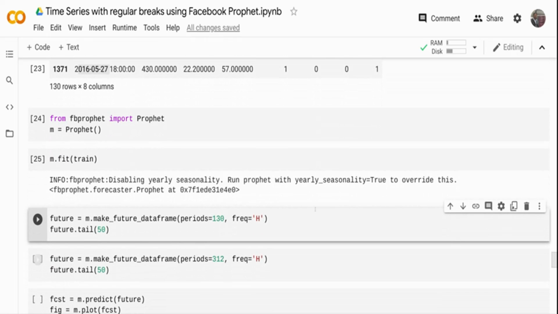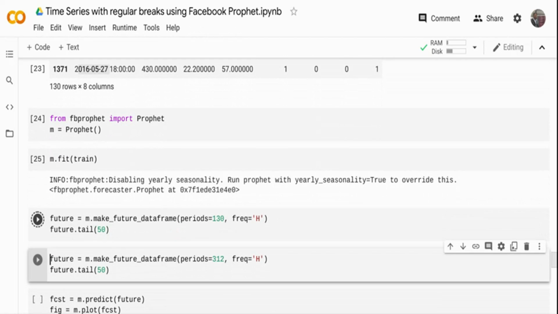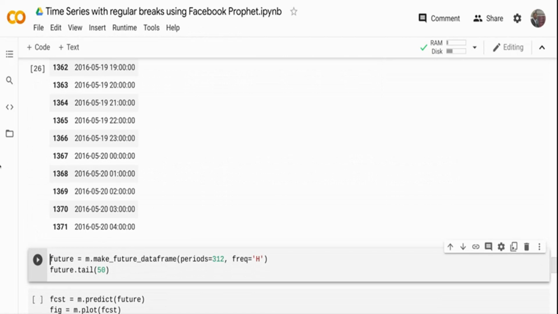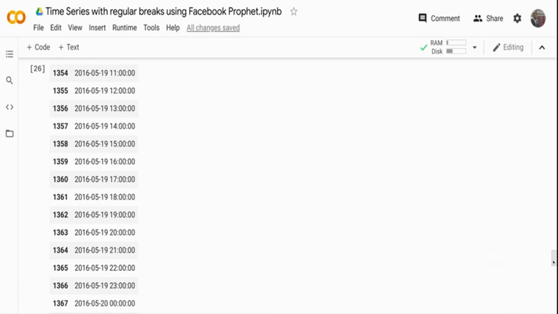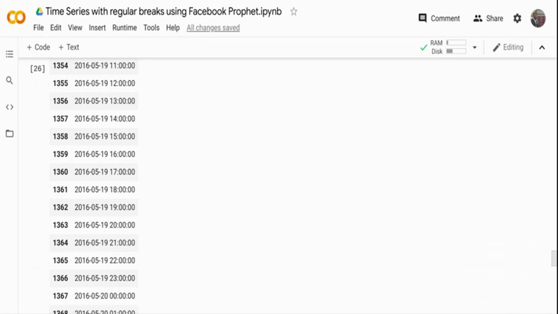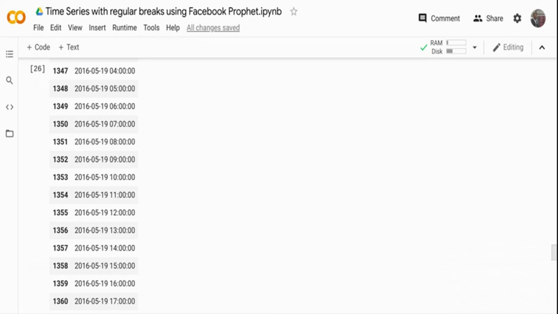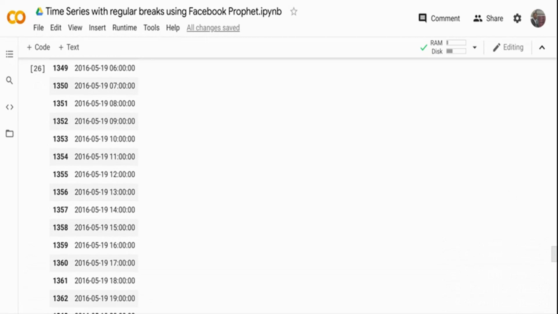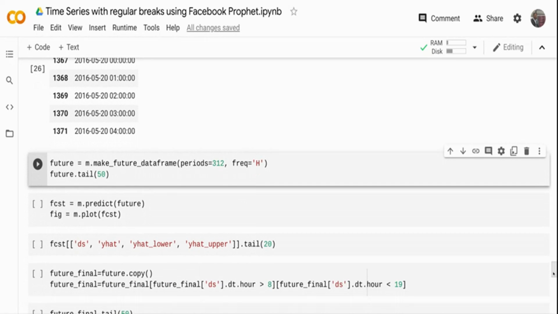So it is going to create 130 future periods. But when I run this, you can see it's creating data for 12 o'clock, 1 o'clock, 2, 3, 4 in the morning, and for 19, 20, 21, 22. It's creating data for the entire 24-hour period, but I have data only for a 9-hour period, from 9 o'clock to 6 o'clock. So my future data frame has a lot of extra values, and if I just use it and start predicting,